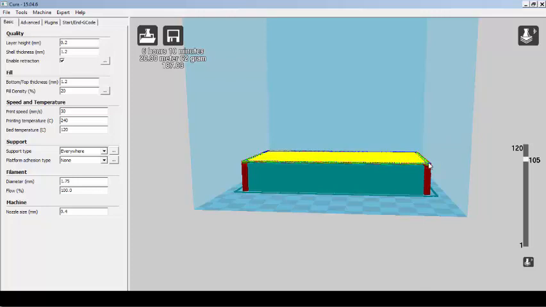So if a surface is inclined at any angle less than 45 degrees with respect to the horizontal, then a support structure is required. If you are measuring the angle from the vertical, if the angle is less than 45 degrees, there is no support required. If it is more than 45, a support structure is required. Otherwise, because of gravity, the material is going to fall down.